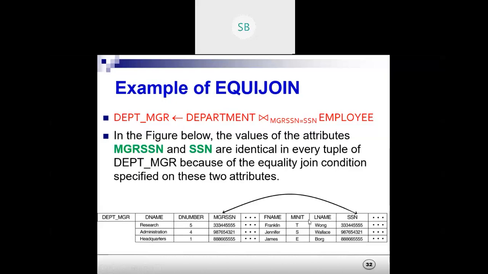These values are the same, right? 3, 3, 3, 4, 4, 5, 5, 5, the same thing. Wherever the values match, we go for the equijoin. It is written that the values of the attributes manager SSN and SSN are identical in every tuple of the department manager, because of the equality join condition. Since it is equal, only then can we join these tuples. If it was not equal, we cannot do that. Clear?